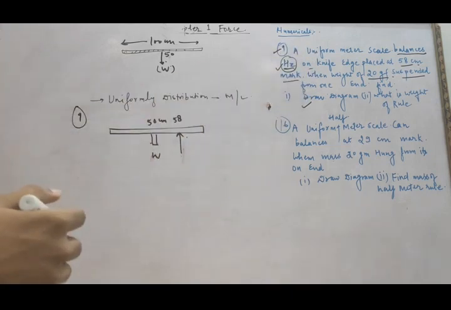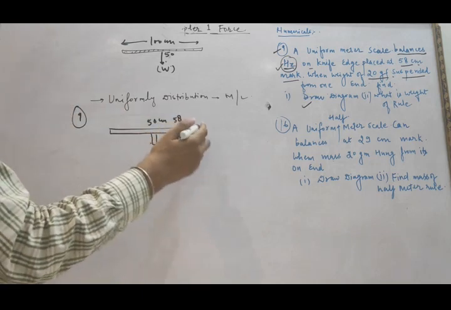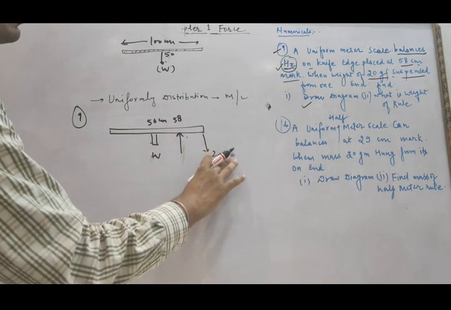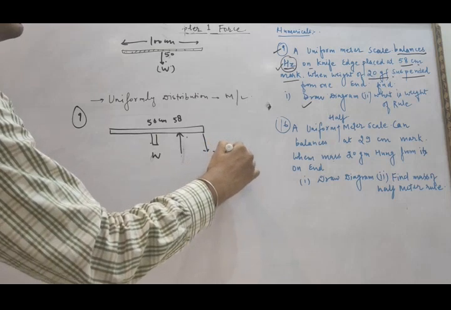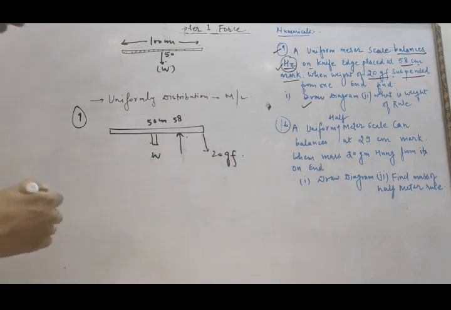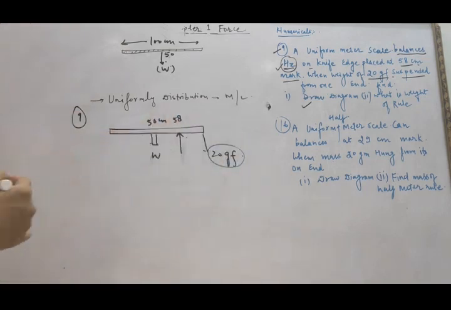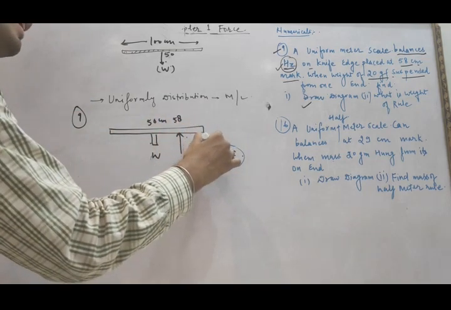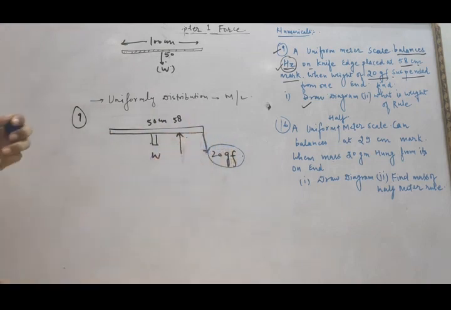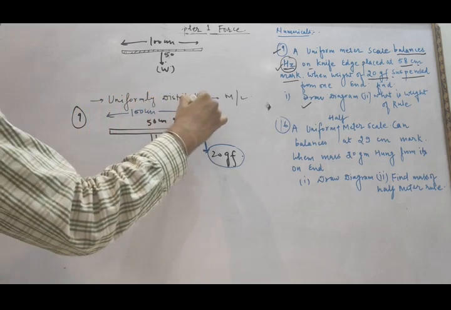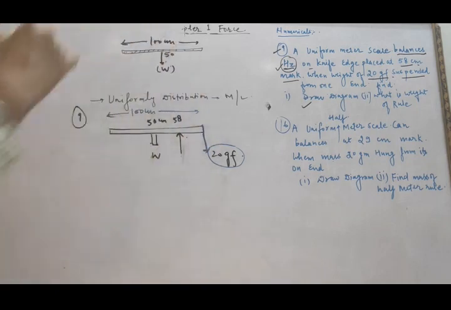Where should the 20 gf be suspended from it? It is very clear from the given diagram, to balance this meter scale, definitely the 20 gf force must be suspended at the other end. And you must be very clear that other end means the other end at the extreme point. Suppose this is the 100 centimeter meter scale. So other end means this is the 100 centimeter.